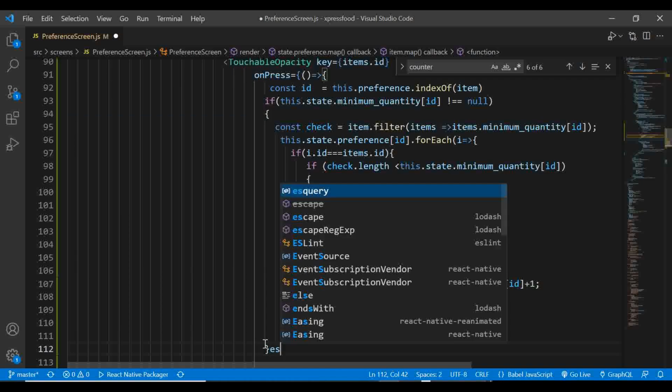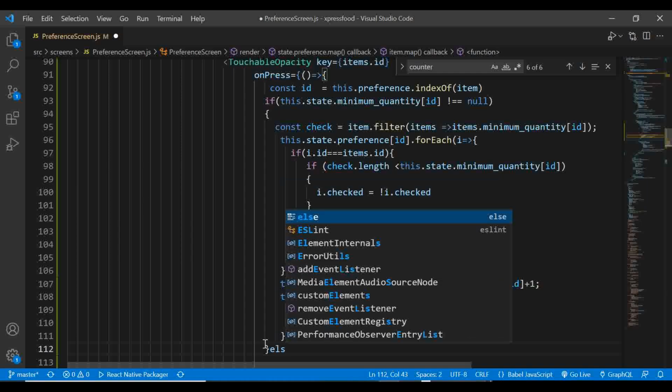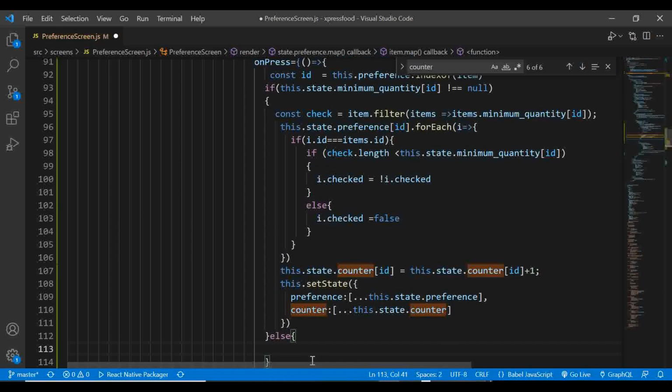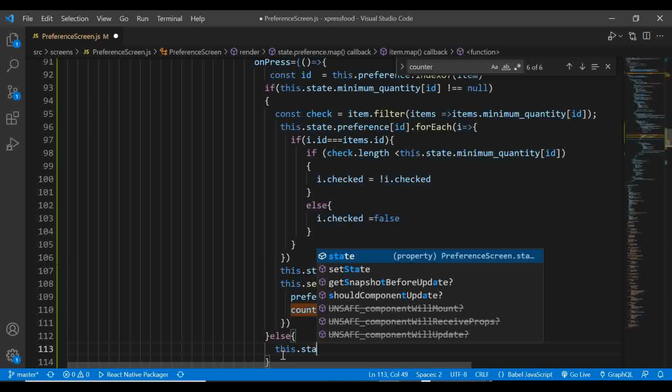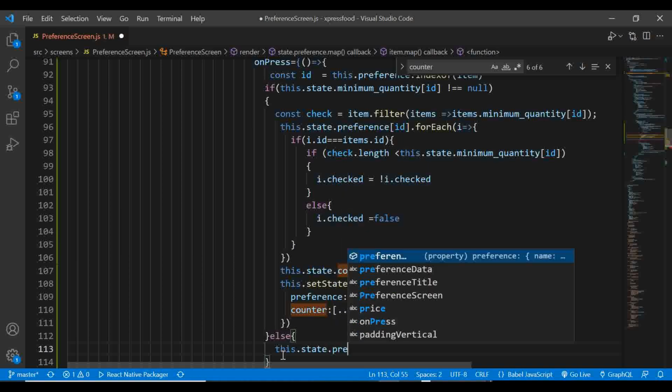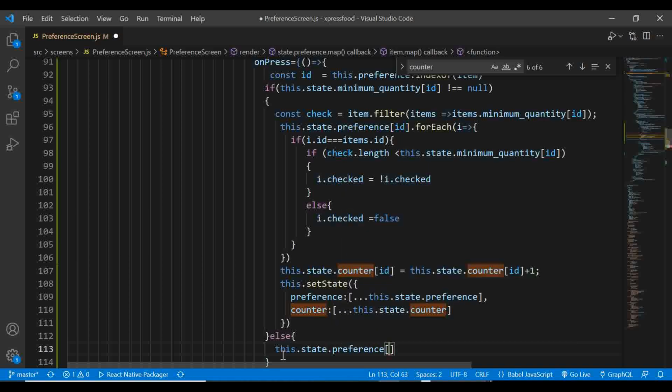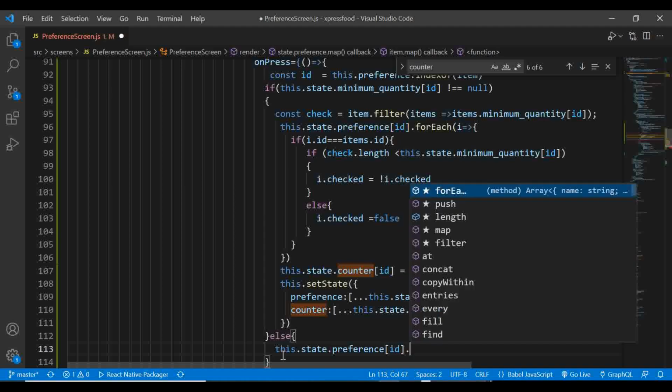You're gonna be coding in the else, and inside here gonna say okay, if the user cannot perform any further selection, I say this.state.preference, and we pass the ID to it .forEach